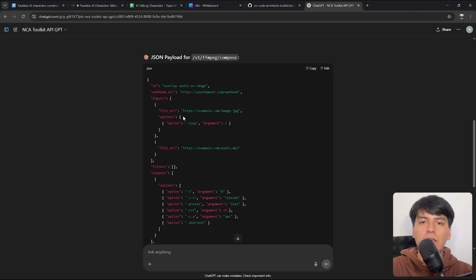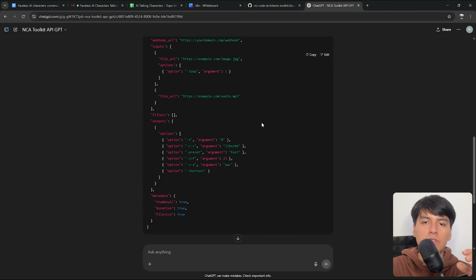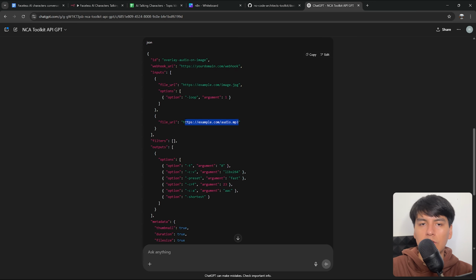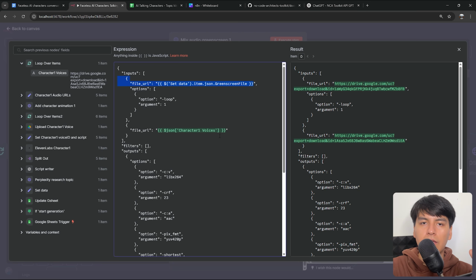But after that, it even gives you where to put the image URL. So here it goes with the first URL and where to input your audio. In this case, it's the second URL. So I just did that right here and right here. And yes, it simply worked. And if it doesn't work straight out of the box for you, then you can just keep asking and giving out the error messages you get and so on.